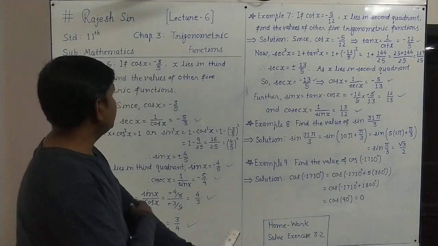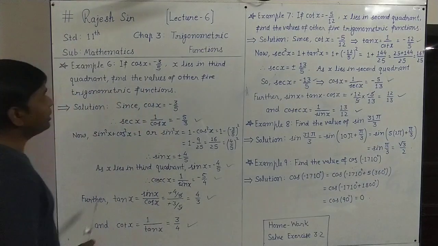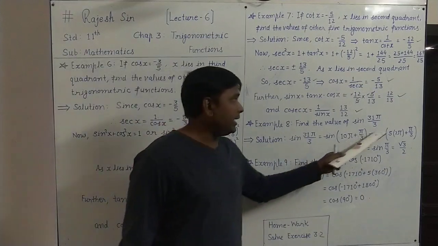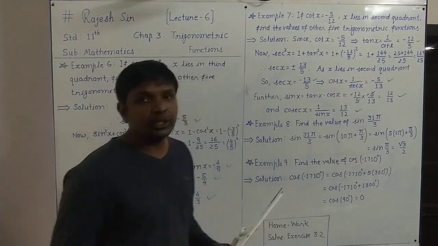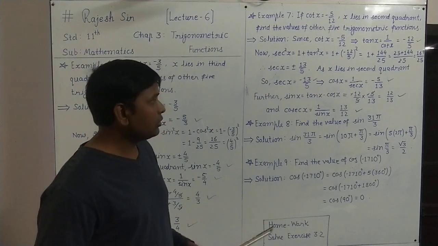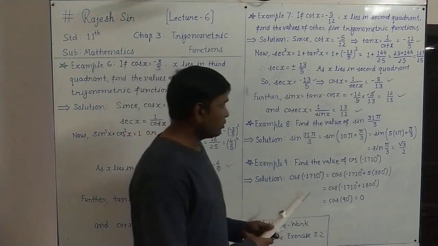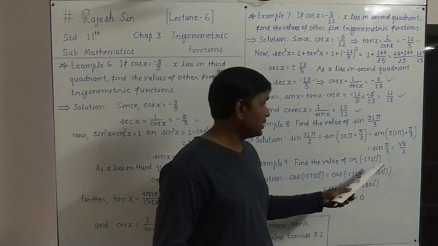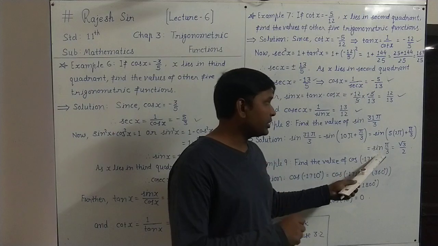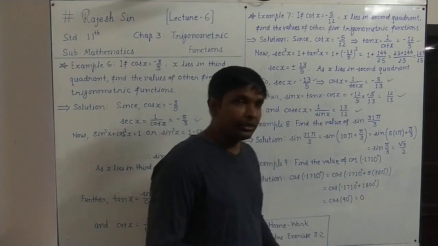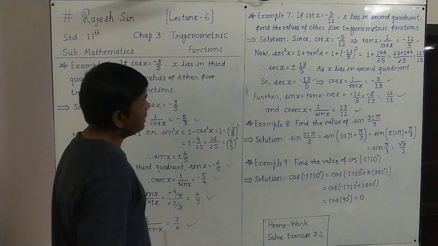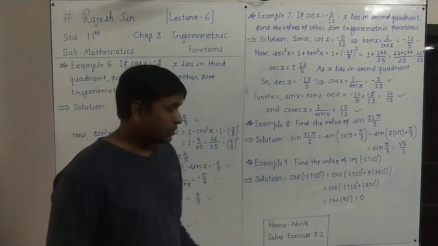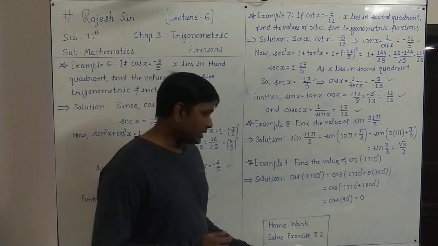So this way, in all these examples we have seen where one function was known and the other 5 functions we can find. And for any angle, we have to see how many revolutions are nearest to it, go to that angle, and by the trigo table see what the value of the function is, and place that value. So these examples we have seen, and similar types of questions you will find in exercise 3.2. So this is your homework: to solve exercise 3.2.